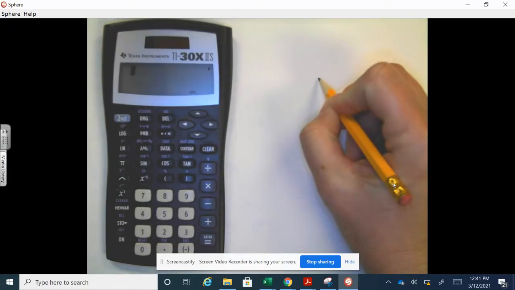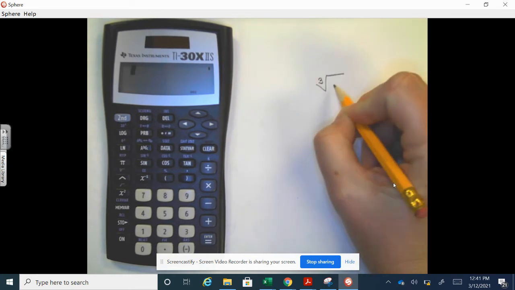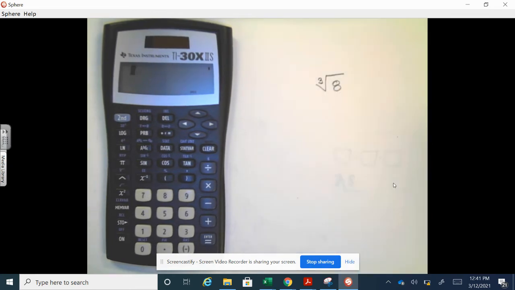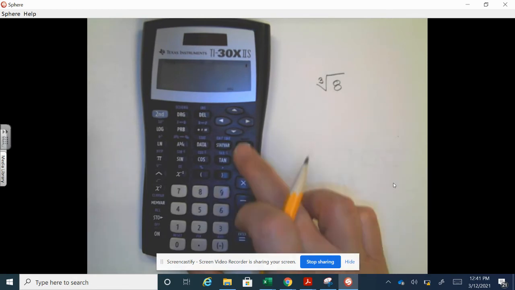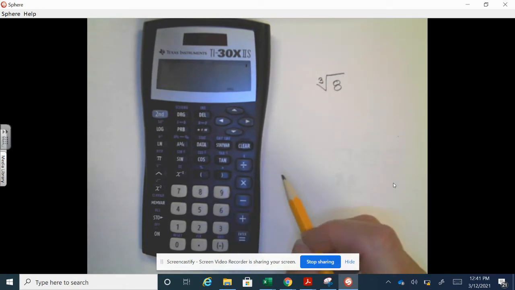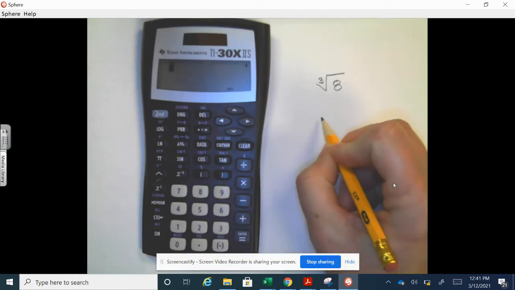So let's review the use of the cube root button. Let's say that we're going to take the cube root of 8. If we want to take the cube root of 8, we have to actually enter the information into the calculator appropriately. So let's start. First of all, we are going to be using a button that looks like